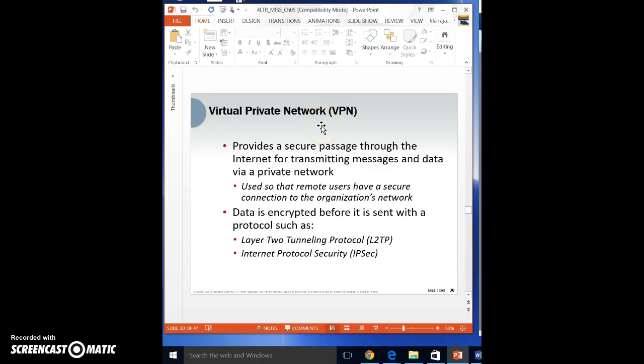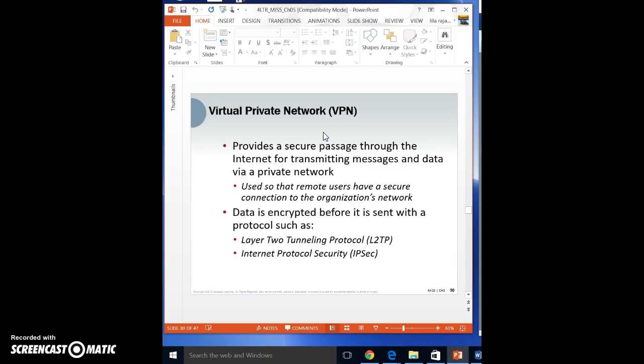So what is a virtual private network? A virtual private network provides a secure tunnel through the internet for transmitting messages and data via a private network. It's often used so that remote users can have access to a secure connection to the organization's network. A VPN can also be used to provide security for extranets, which are networks set up between an organization and an external entity,